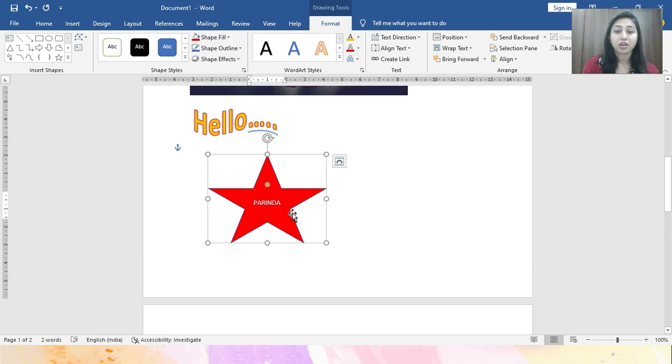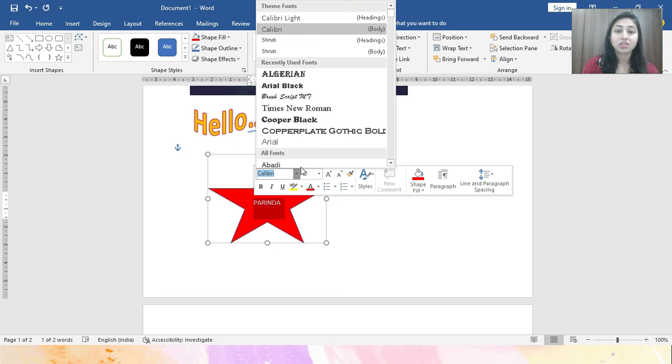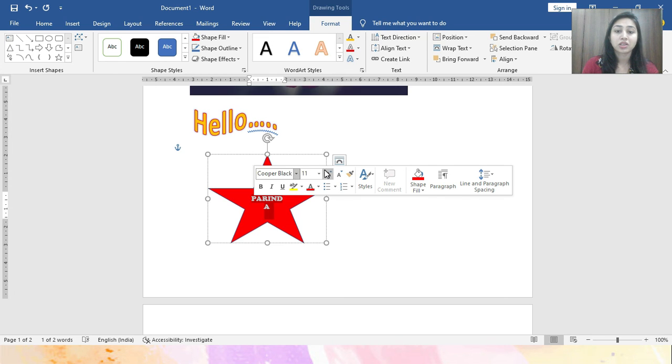If you want to change the color, size, or style of the text, you can change it. For that, select the text and here you can change different styles, different sizes, and different colors.